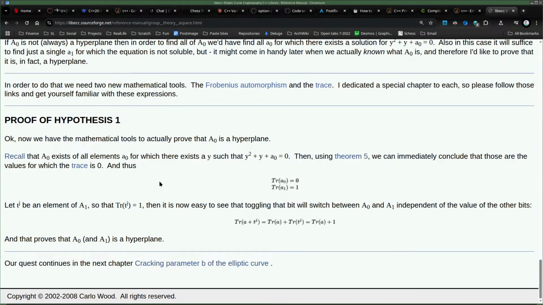So yeah, this is then the final find, I guess. The trace of A0 is 0 and the trace of A1 is 1, where A0 is an element of exactly A0, which was defined as